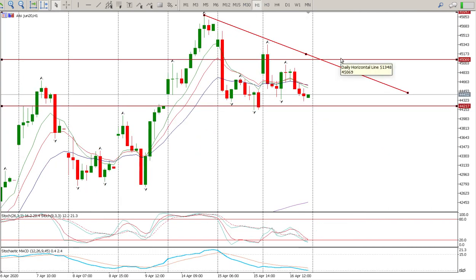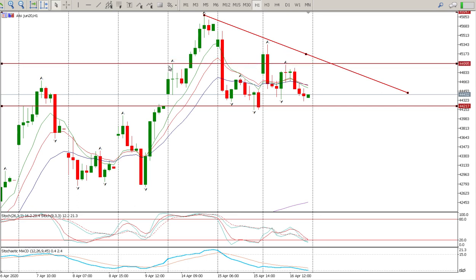Okay, and then if you look at the hour, you can see the confusion. Sort of below and above the moving averages, kind of flattening out, although they are pointing down. But look at our oscillators grouping here. So I suppose the signal was here that something's about to happen. So we're going to get a gap up. The question is, where is that gap going to? And I'm just going to refine this position to the top of that, right to the top of this pin bar, this tail here.